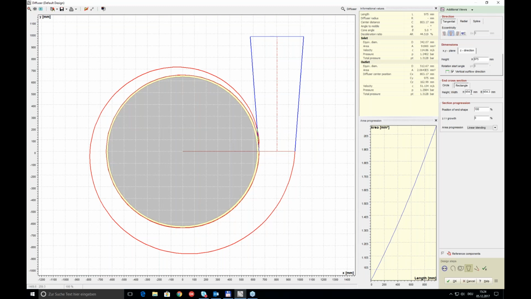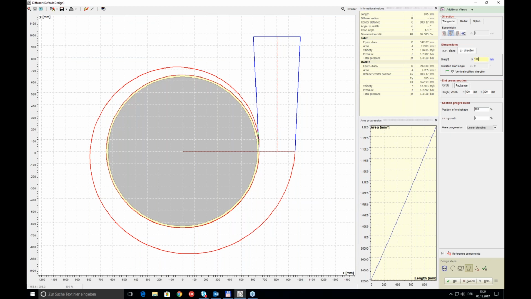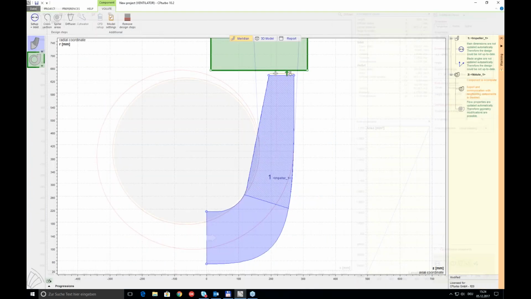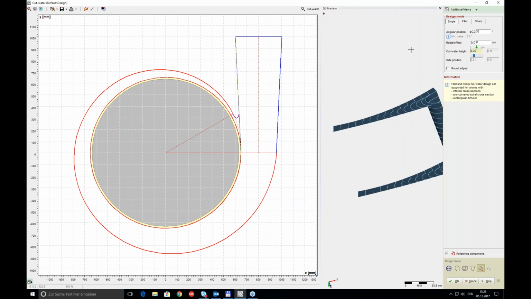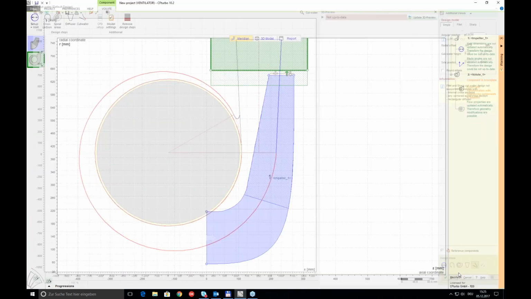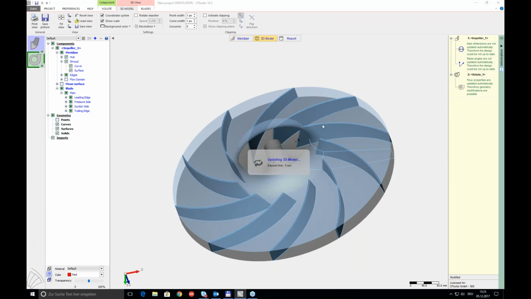Okay, almost finally, the definition of the outlet diffuser of the volute. So here I want to have it with a dimension of 400 times 300 and a certain length of 1 meter. And once I've finished that, the very last design step is just to define the cutwater, and the first parameter is to set where should it start. So it should start at a wrap angle of 30 degrees. I can also change the cutwater height, and here you see in the preview how it would look like. And if I now press OK and go to the 3D model, then